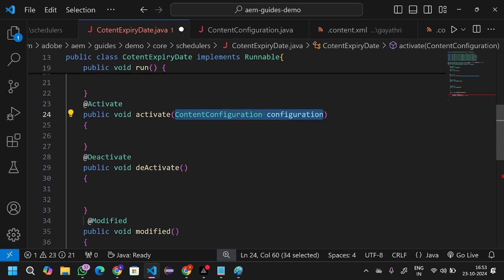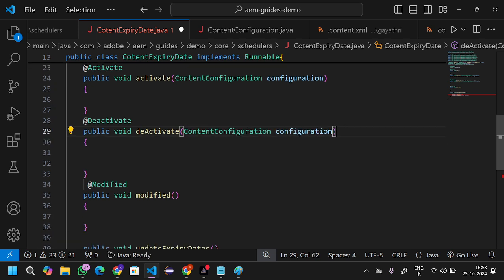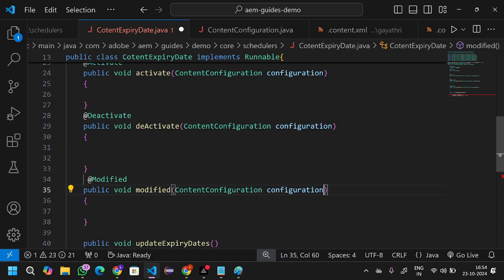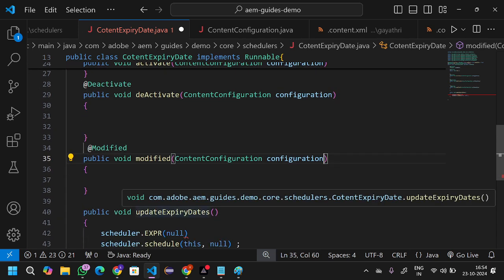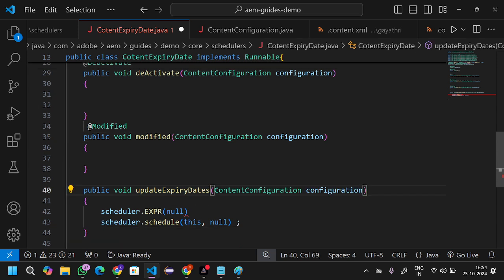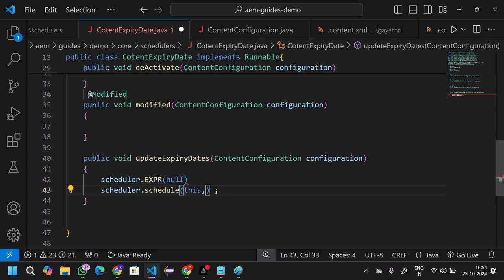That latest value I am passing to all methods, the modified method also. So similarly for this also I will pass the latest values. So instead of null I am telling scheduler dot schedule configurations, okay, scheduler dot schedule configurations,